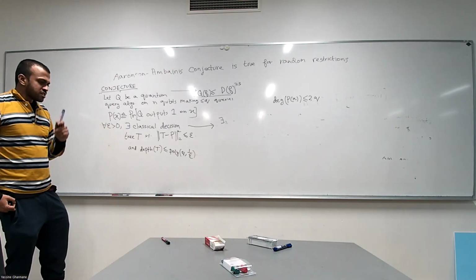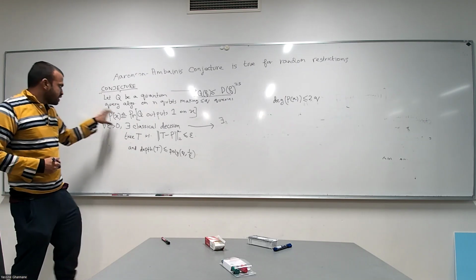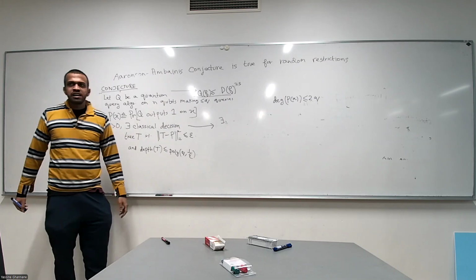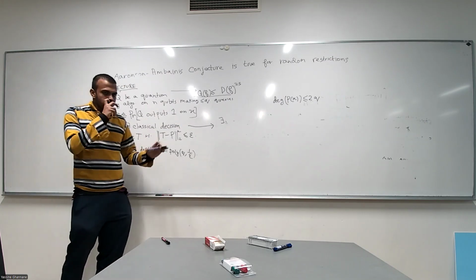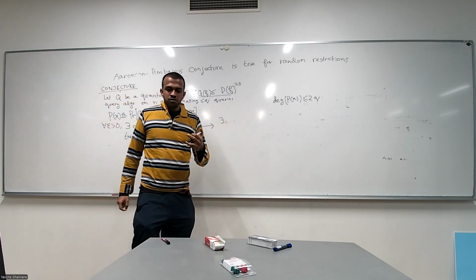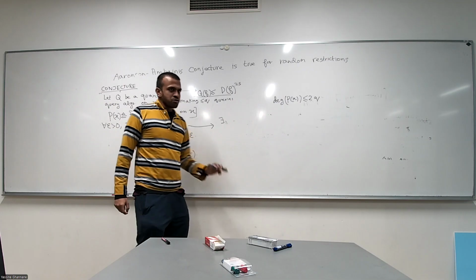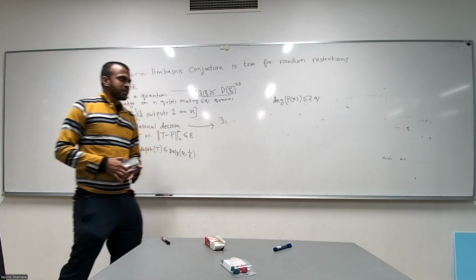And what researchers suggested is we forget the fact that P arises from some classical query algorithm. We just use the fact that the value of P lies between 0 and 1 everywhere, and its degree is bounded. And now we try to classically estimate it on most points using a classical decision tree. So this is the conjecture that I mentioned in the beginning.